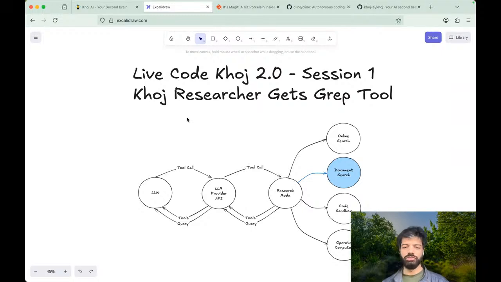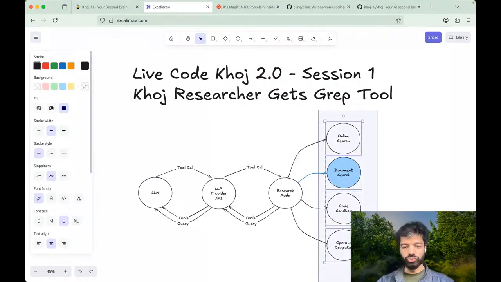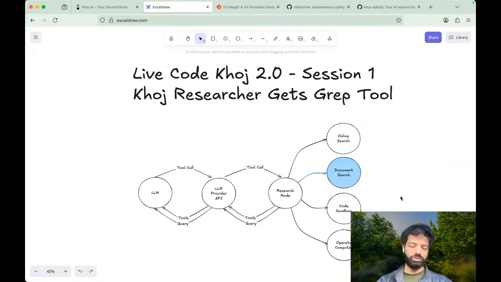For this feature, some of the components in the code base that are relevant are shown in this diagram. For folks to get oriented, the main portions are, one, the tools that are available to Khoj. Khoj has a default mode and a research mode, for folks who've used them, which I'm going to assume for now.